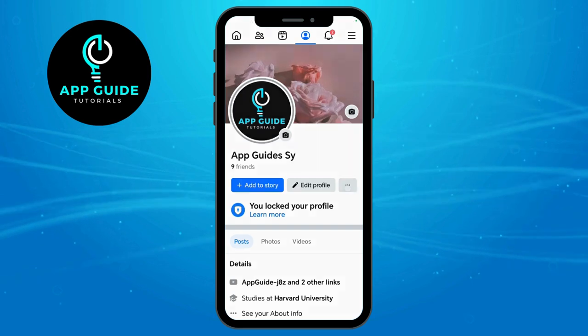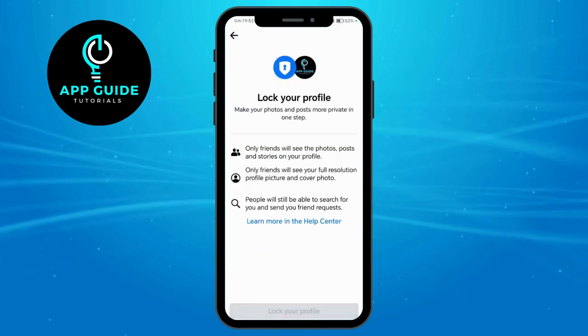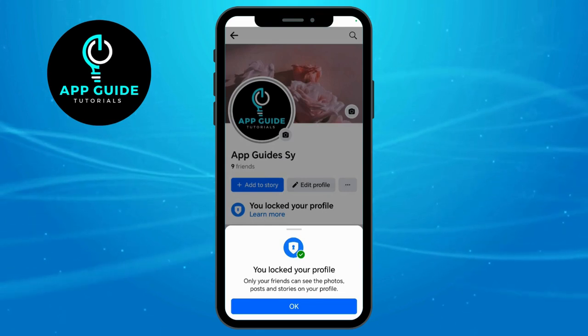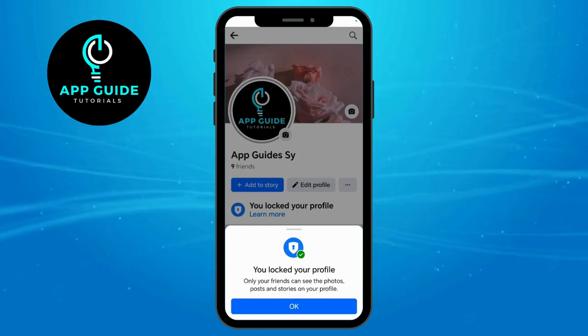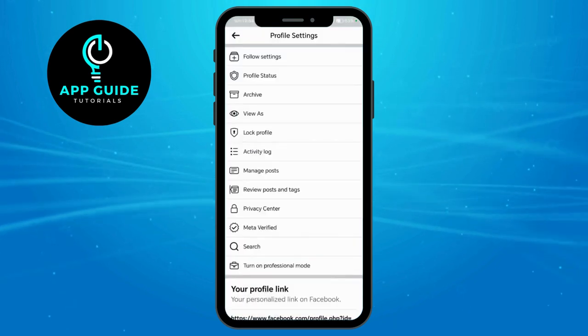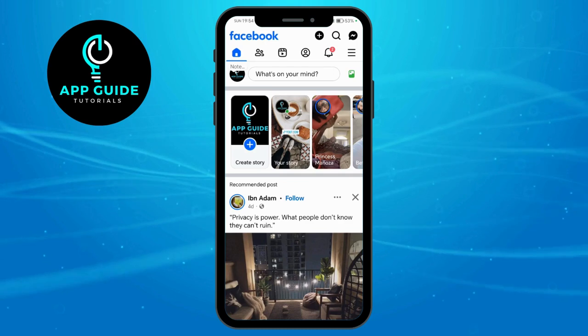Now click on this three dot, click right here on your lock profile, and click on this lock your profile option right here. And that way your friends, your photos, your posts will be private to people that are not your friend. However, if you want to actually make it private altogether, even to your friends, you can click right